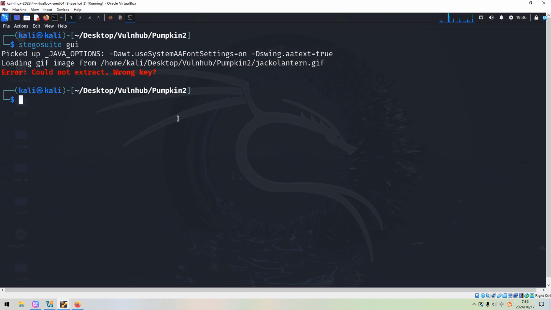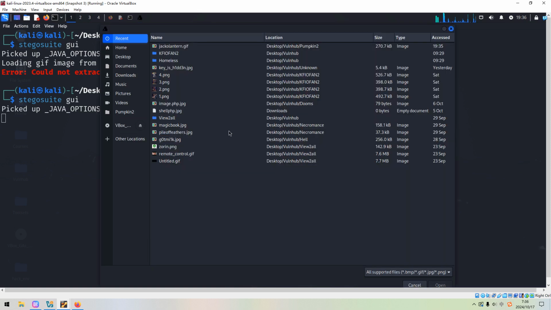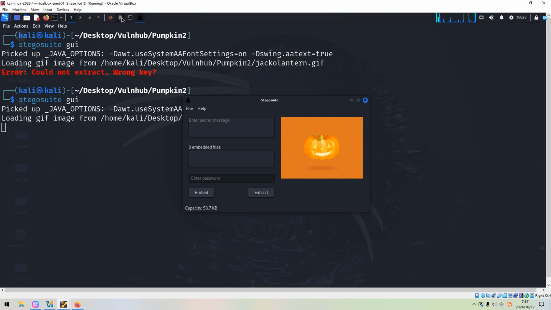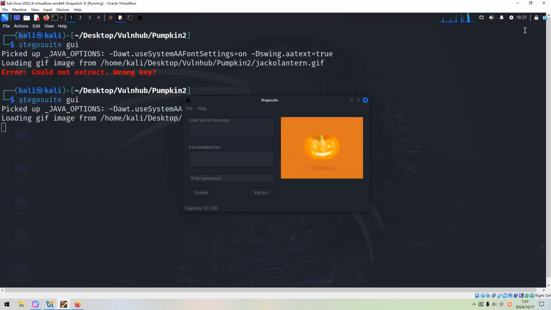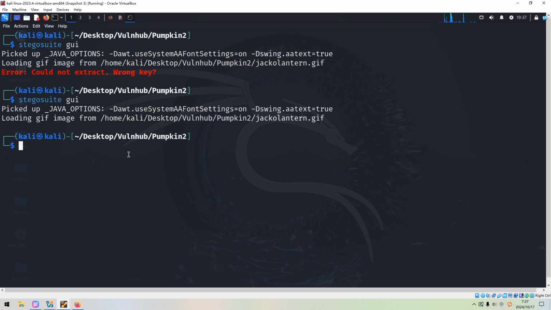But wrong key. We need to open up again. So we need to try the next password. Extract. As you can see, we successfully decrypted this picture, and then we can close this Suite.